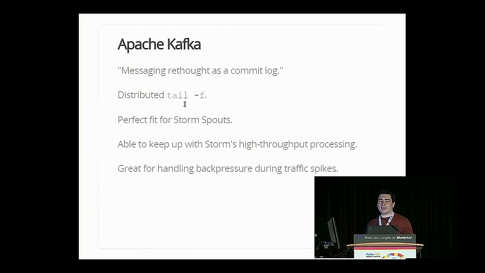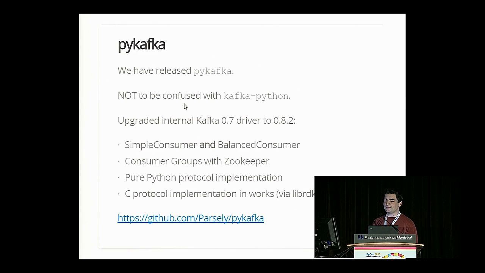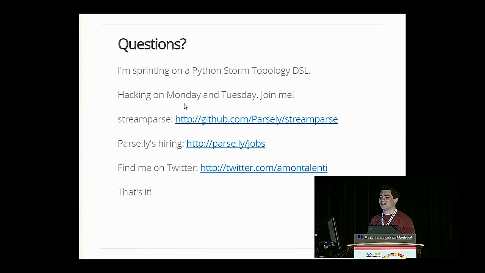So to close up, and then I'll open it up for questions, I also just wanted to mention that a lot of people use Kafka together with Storm. Who here has heard of Kafka or uses it? Yeah, so Kafka traditionally hasn't had a great Python library, so we decided to take one we wrote internally about a year ago and port it to 0.8. And that's now live as PyKafka at the Parsely GitHub repository. It actually supports balanced consuming, which is a really important feature for getting it to work well with Storm at scale. So we're also looking for help with that module if you want to find me at the sprints.